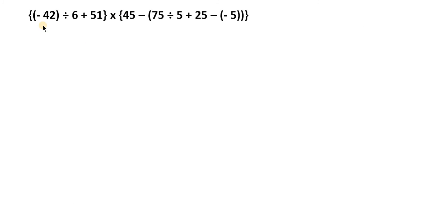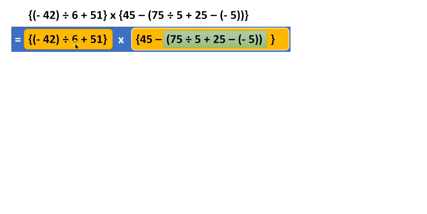Next one is this. If you see this, the outermost curly bracket precedence order operator is there, and inside that there is this one, one curly bracket, one precedence operator, another one. So two curly brackets precedence orders are there, and they are operated with multiplication. So I am colorfully writing them. This one with yellow, this one. But inside this curly bracket, there is one more parenthesis precedence operator here.